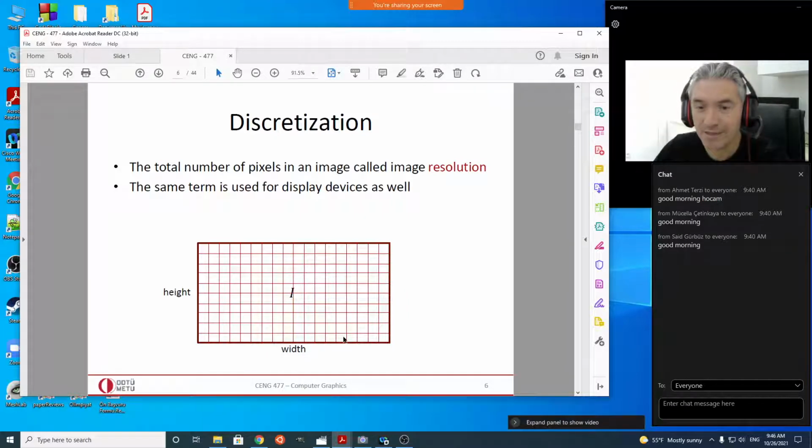So in that case, the hardware pixel sizes will also come into picture. But yeah, we're not going to talk about these. When we're generating images, we will just talk about a rectangular area like this with a specified height and width. But when we have these images, in ray tracing, for example, this image is going to be generated in